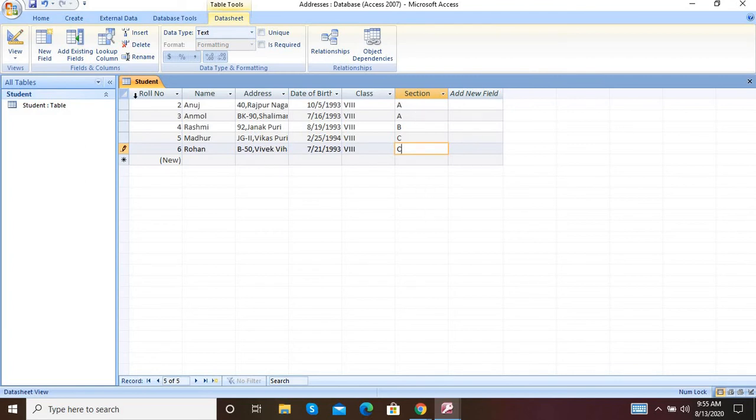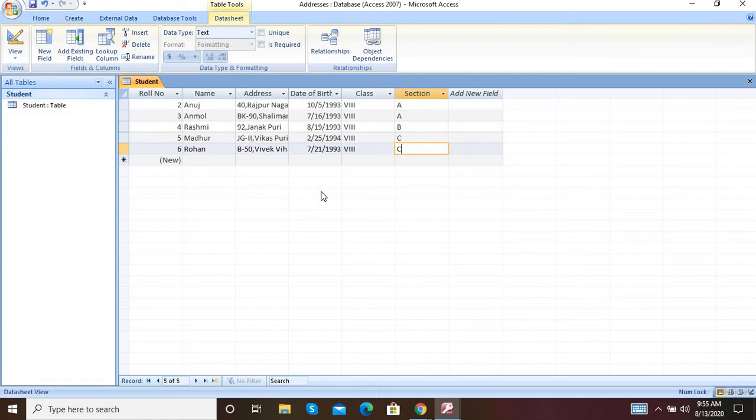See, now go to student, right click and save. So your table is now saved, and data is also saved in the addresses database. So your student table is saved in the addresses database. This is the first practical on page number 53. Now open page number 55. On page number 55, what they say is, open the access database addresses created in the previous activity. So here is our addresses database.